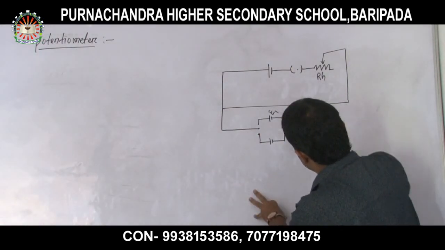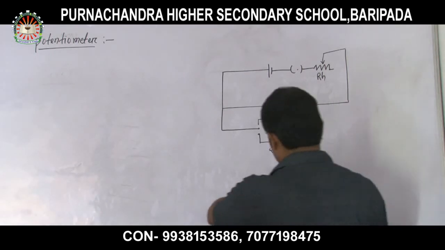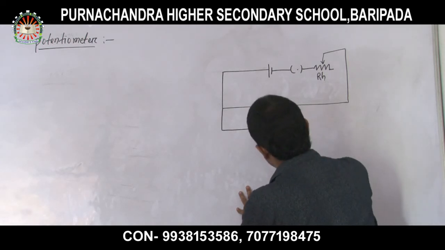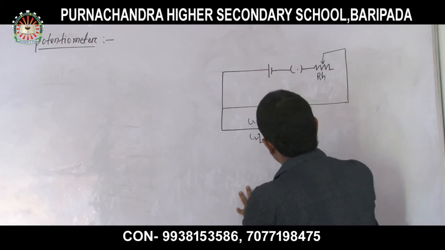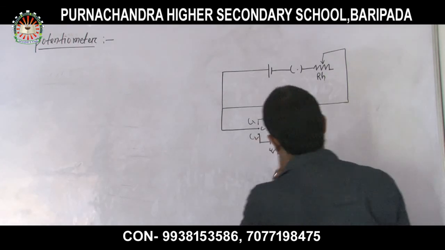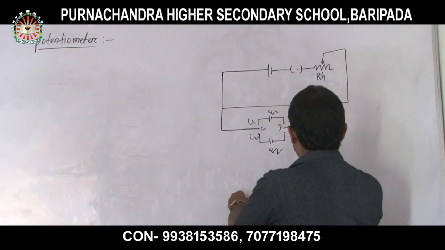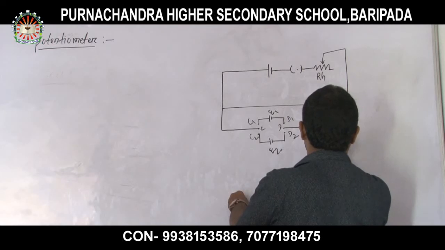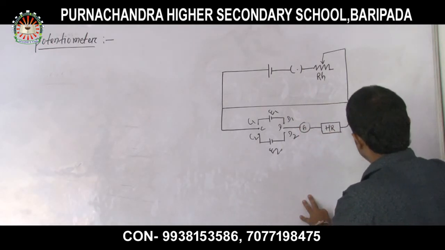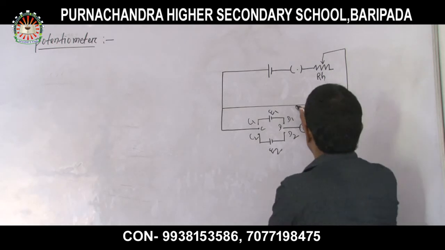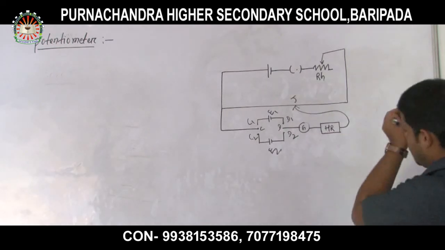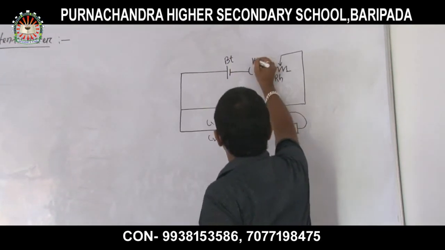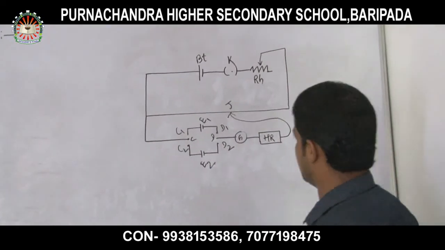So this is your E1, this is your E2. This is your C1 point, this is your D1 point, this is your C2 point, this is your D2 point, and this point is C, and this point is D. Clear? And this is again connected to a galvanometer and a high resistance, and this is connected to a certain point Z. So this is your battery, this is your key. Very simple. And this RH is nothing but your rheostat.